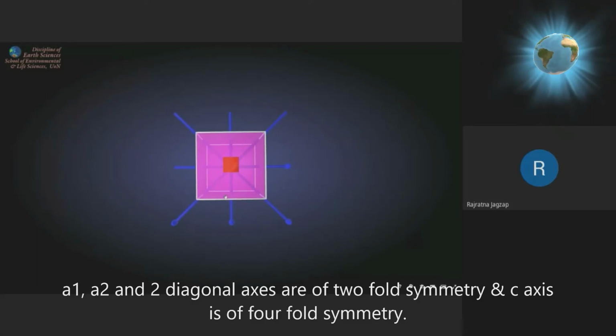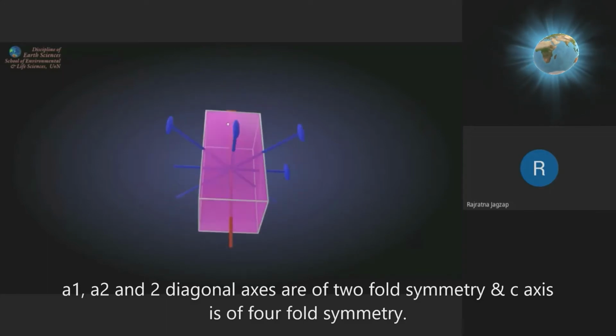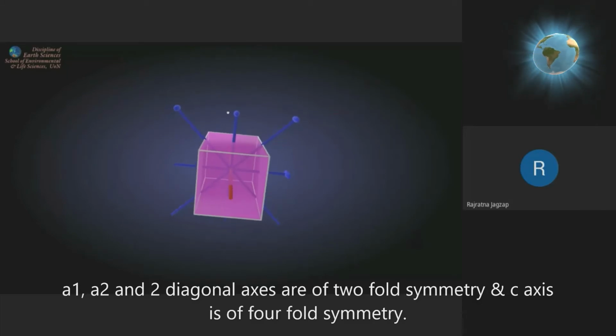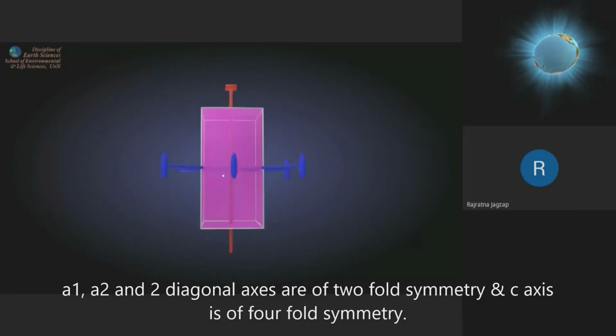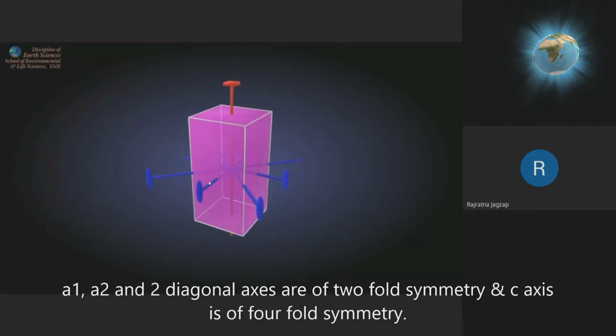If you further rotate, the same repetition of faces will be there. That is, again the rectangular face will come. And further, if you rotate, the square shaped face will come, the original position. So this is 1 and 2. Only 2 times the same face appears along this axis rotation, that is A2 axis rotation. So this A2 becomes two-fold symmetry. So we have A1 and A2, 2 axes which are showing two-fold symmetry.